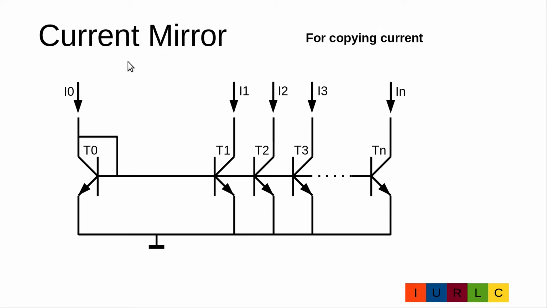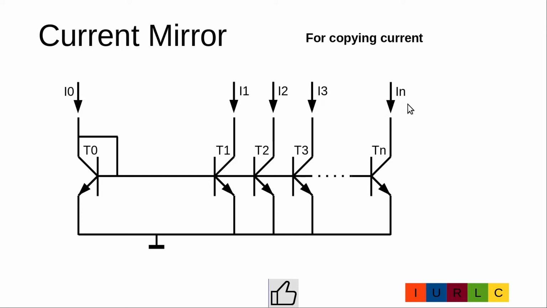Or in general speaking, I2 is n times I0. Sometimes it is necessary to have the same current in different circuit parts. Then we can use the current mirror for copying the current. As we already said, the current I0 through the transistor T0 is equal to the current through transistor T1 is equal to the current through transistor T2, and so on. So we can copy the current I0 to the circuit parts connected to I1, connected to I2, connected to I3,